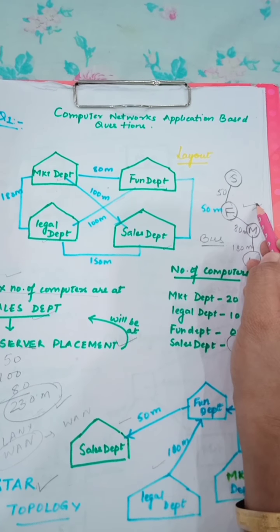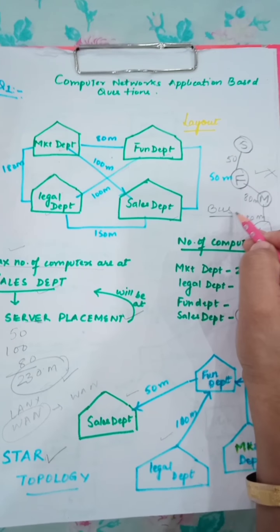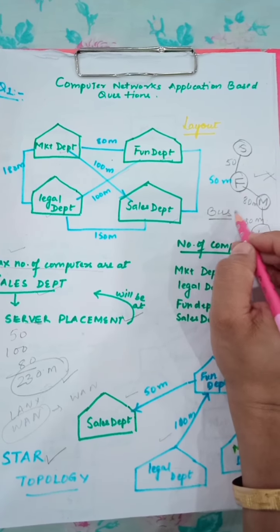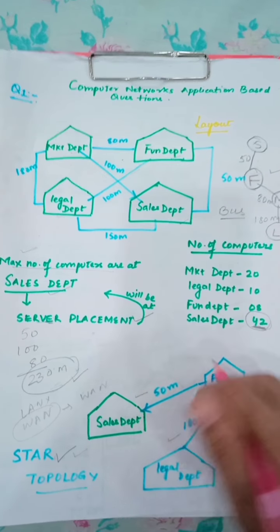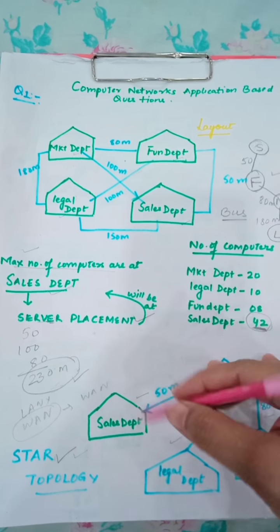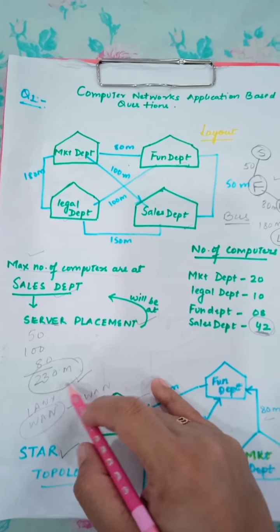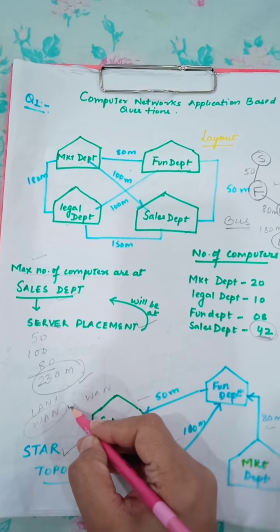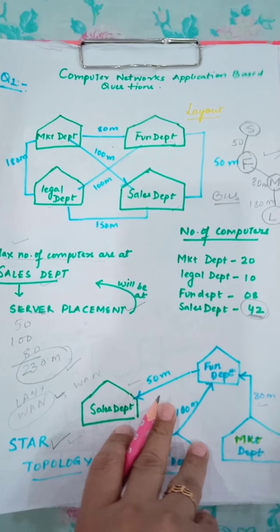Yes, we can arrange the stations in a bus topology. Bus topology will not be cost effective, so we will go with the star topology. If someone asks you what should be the type of the network in which these stations are attached, it will be WAN. It will be WAN. So we will be discussing this thing. This is our first question. So now this is all. The rest of the questions I will be discussing in the next video.